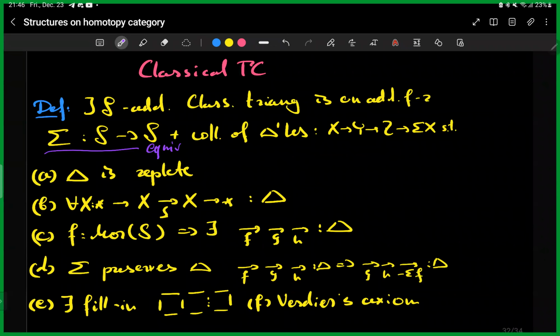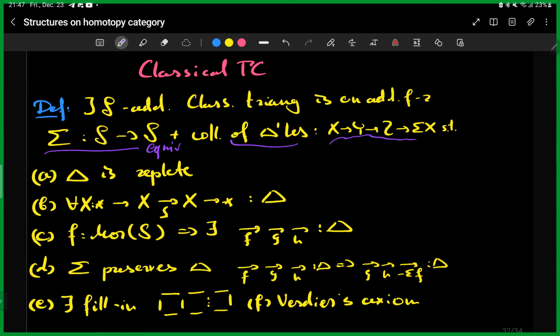Maybe we can deduce that. I have to confess, I'm not very proficient with triangulated categories, so maybe I'm missing something. So yes, it should be an equivalence, otherwise it would be strange. And we should have a collection of distinguished triangles